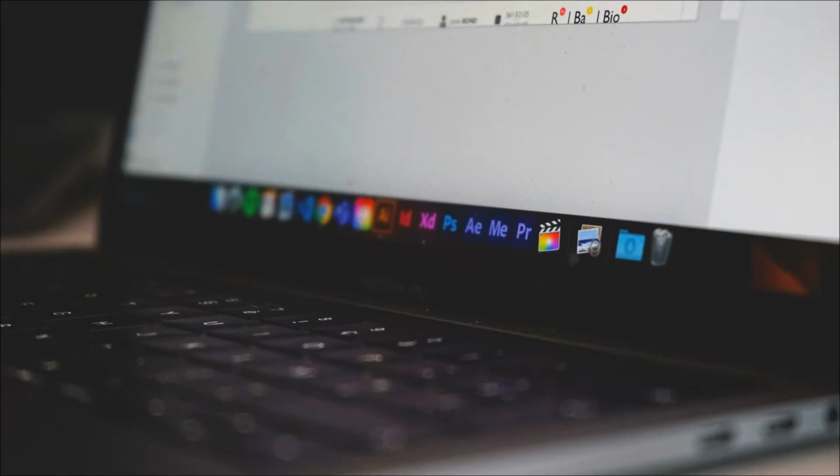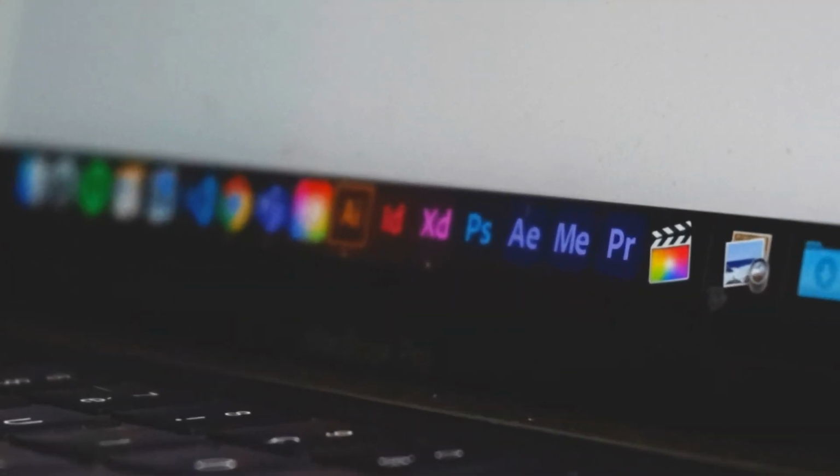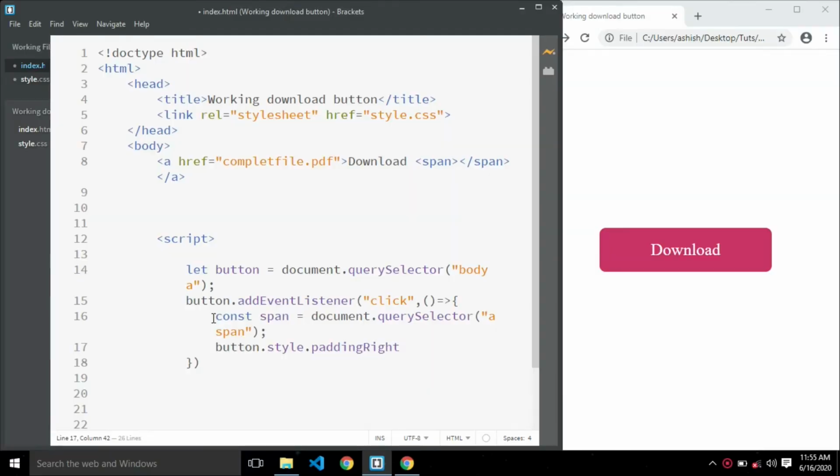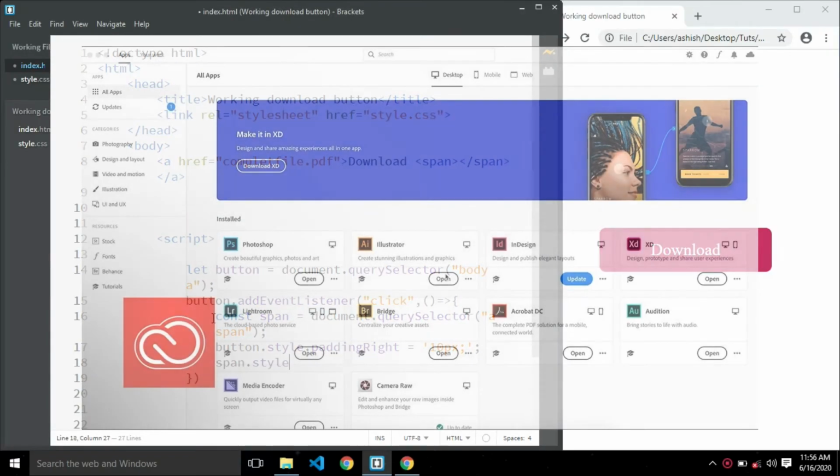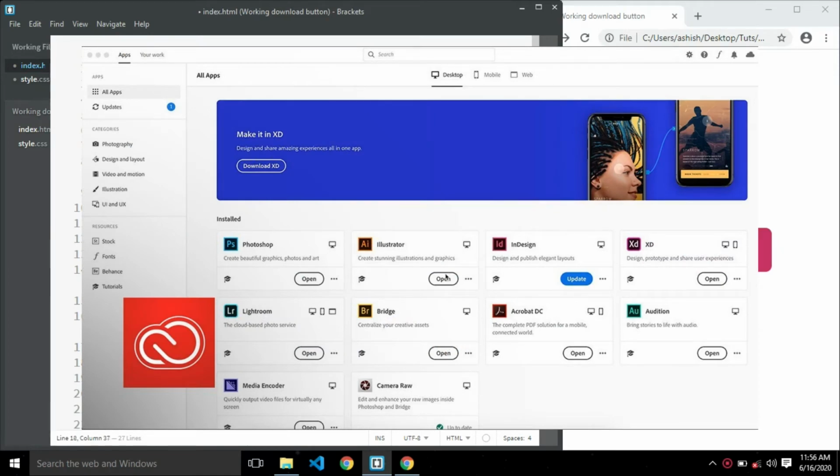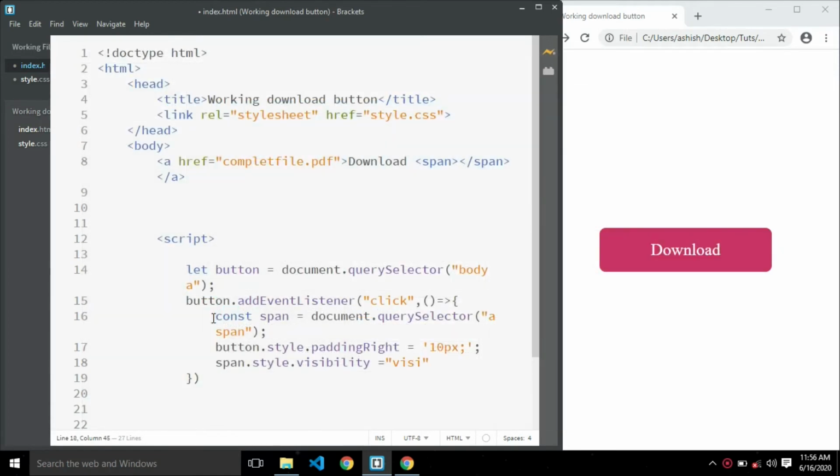Brackets is for you if you have already bought into the Adobe ecosystem. You will feel right at home if you have ever used any Adobe products regularly. Brackets feels like it is a part of Creative Cloud, even though it is not. The UIs are similar and it feels very natural if you are coming from Photoshop or InDesign.